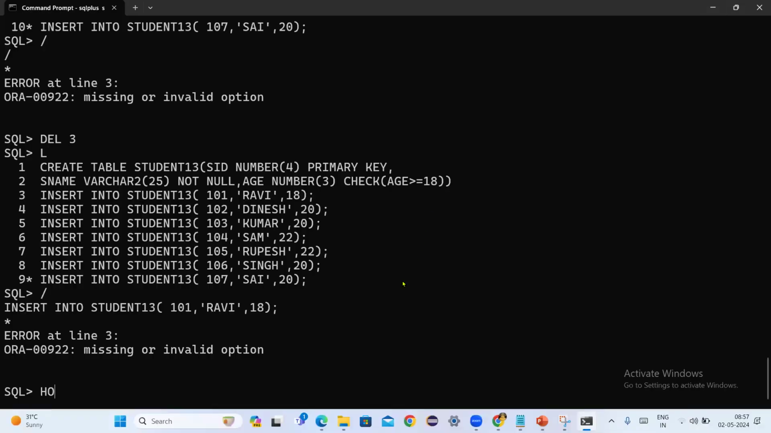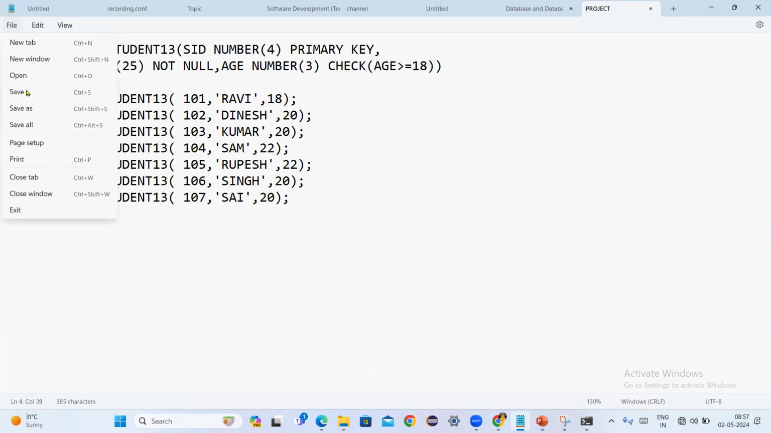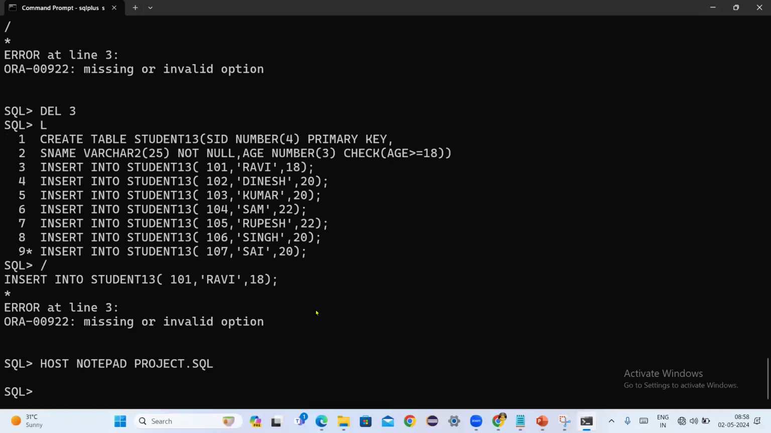So once again, I'll say notepad project.sql. Here, no need of a semicolon is what it says. Space is there, and we have got the insert statement. Okay, this should work. File save. Closing this, navigating back to the prompt. Directly, I'm saying @